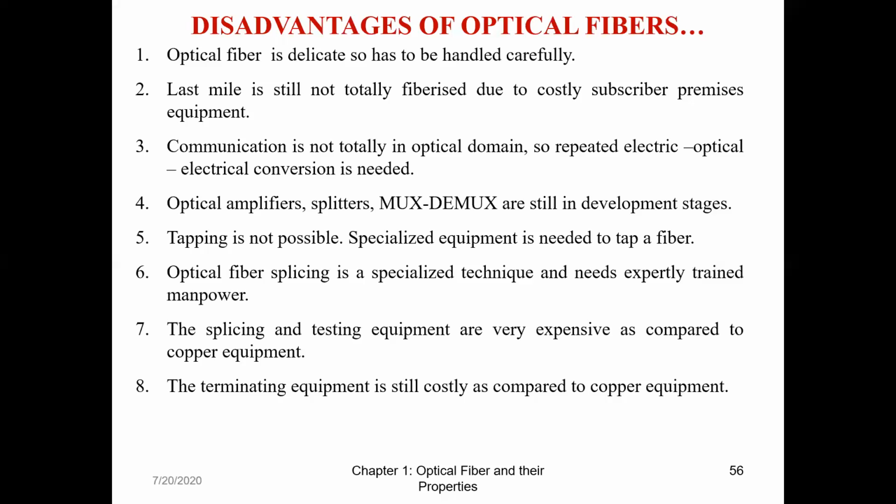So with that on-off pulse, and that too in the form of light, I cannot decode any signal. So even though somebody taps into it, even though it is said that specialized equipment is needed to tap the fiber, meaning I should have a proper cutter through which I can cut it, connect the connector, and then at the end, if I want to disrupt the communication, I can very well do that. But with that information, I cannot make out anything. So that is the biggest advantage, or you can consider it the disadvantage, of optical fiber communication.